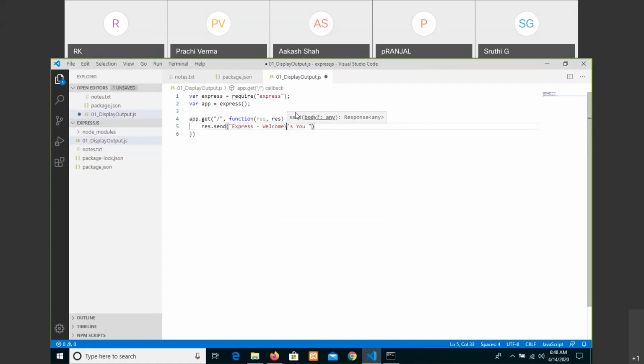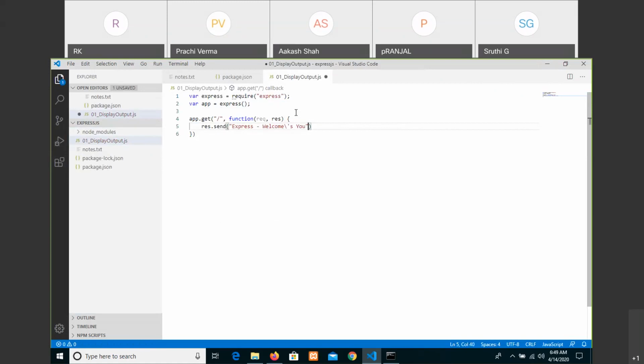When you use any single quotation inside double quotations, or any double quotation inside single quotations, escape it by mentioning a backward slash.